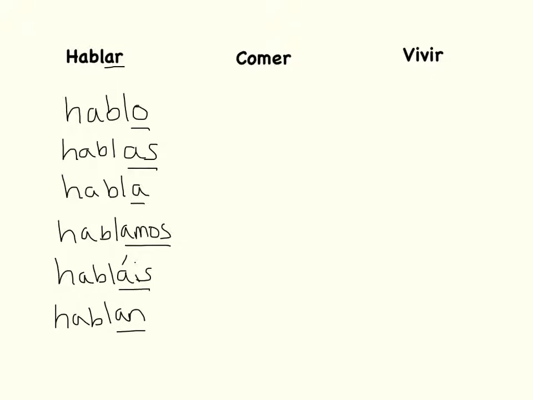Okay, now let's look at an ER verb, comer. If you think you've got the hang of it by now, pause the video and try and write it out for yourself. If not, keep watching. So we take off the ER off of our infinitive comer, to eat, and we get the letters C, O and M. Now if we look at the ER verb ending list, they're very similar to AR, but there are a difference, so we need to be careful. The first one is, however, the same, como,